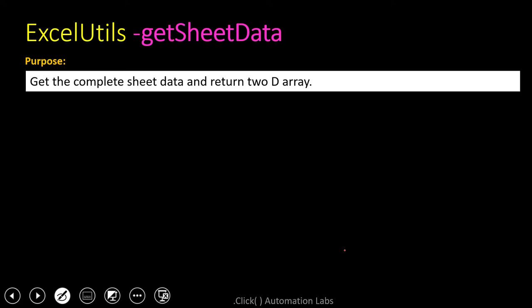and your test method will execute based upon the number of rows in this particular Excel sheet. So if you are aware of TestNG, then please use this. Then you will understand how beneficial this method is. So we'll see how it works.